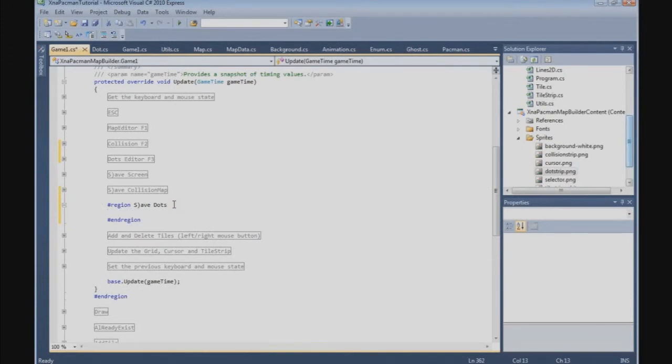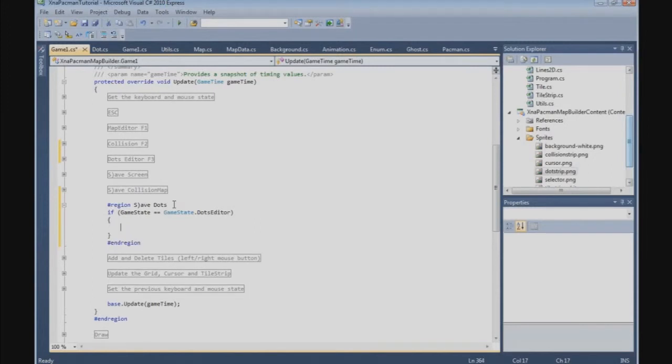The first thing we need to do is be sure that we are in the dots editor mode, so we're going to use the game state. If game state is equal to GameStates.DotsEditor,